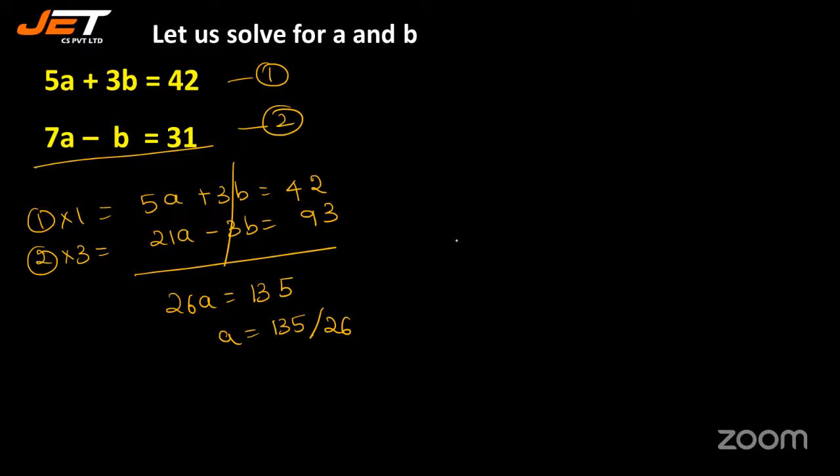Okay, so 1 into 1, 2 into 3. So 3 sevens are 21. Correct. So 26a is equal to 45. Correct. Right. So now what is the value of a? 26 into 5, 5 6s are 30, 5 2s are 10, 13. Right? So 26 into 6 becomes 6 6s are 36, 6 2s are 12, 15. Okay. So we get the value of a as